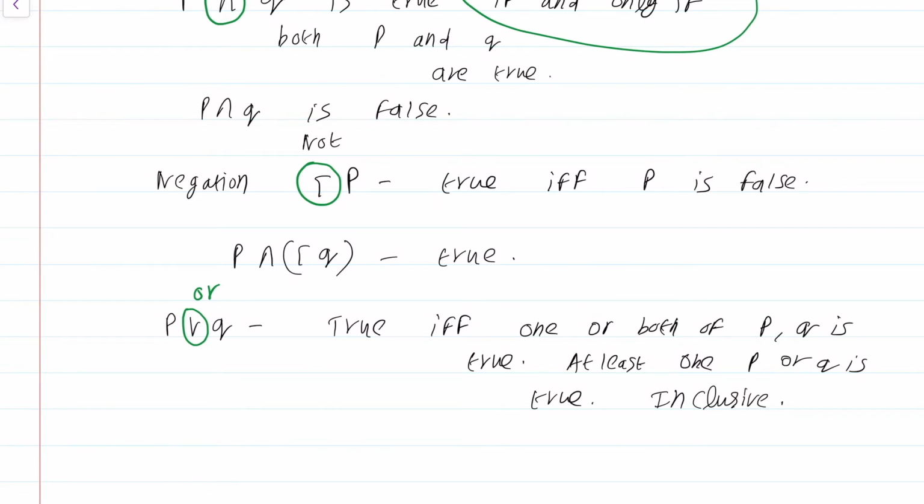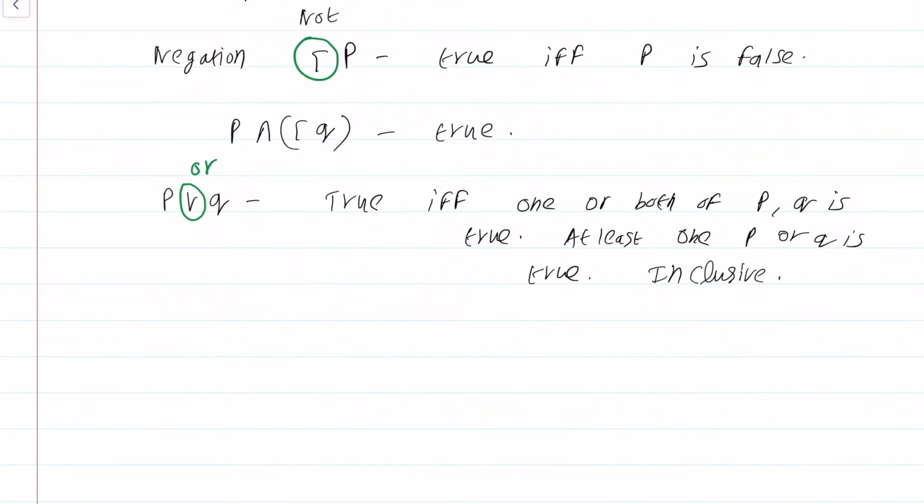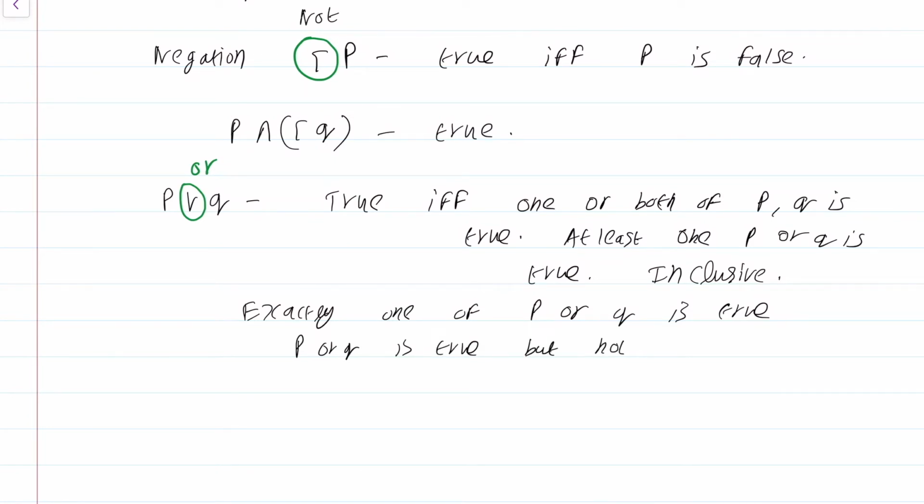You cannot go to the movie and watch the cricket match simultaneously, unless the theater happens to be telecasting the cricket match as a movie. So, OR is always inclusive in mathematics. If we want to use exclusive OR, we will say exactly one of P or Q is true. We'll say P or Q is true, but not both. So we will be explicit when we want to suggest that we are using the exclusive